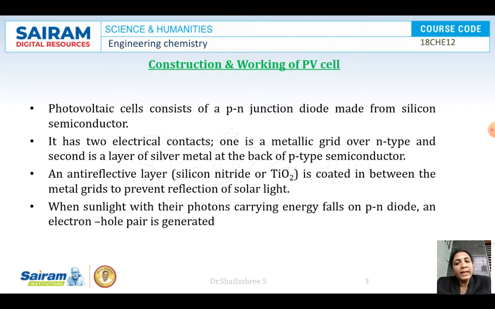Coming to P type doping, what happens here? The silicon is doped with trivalent elements, like boron, for example. In this case there will be one hole in excess, and the next step involved here is making of the PN junction.